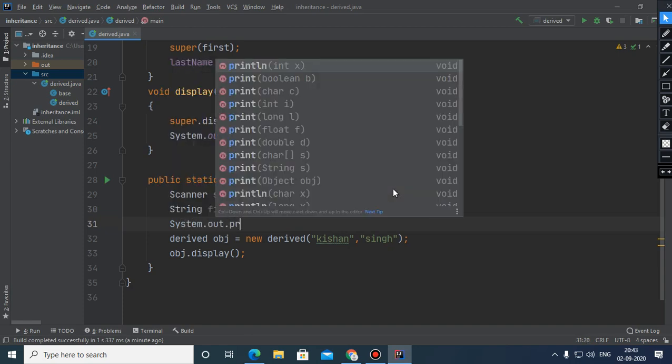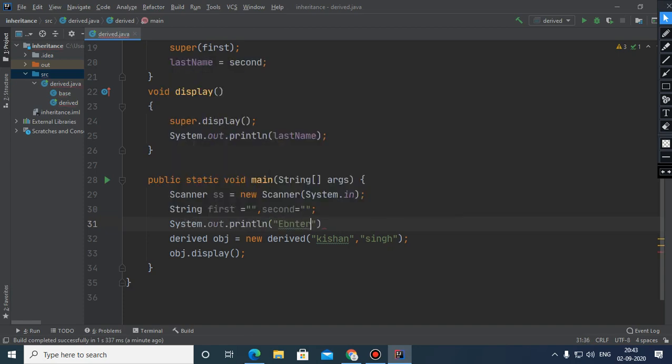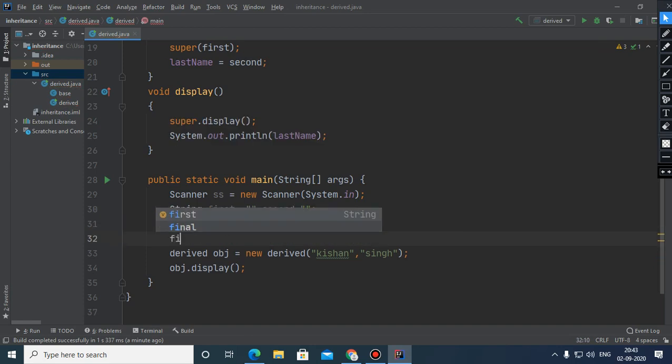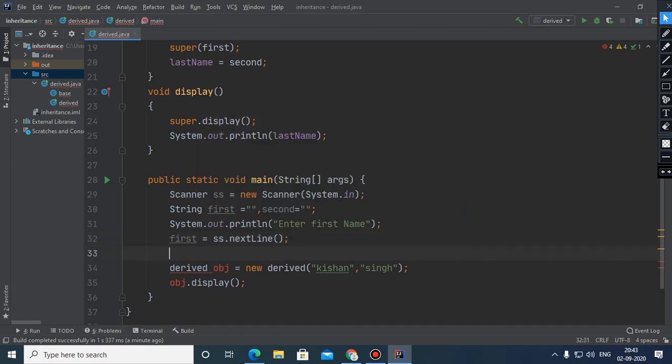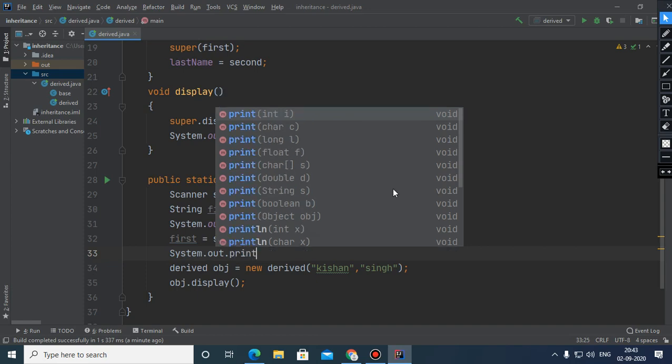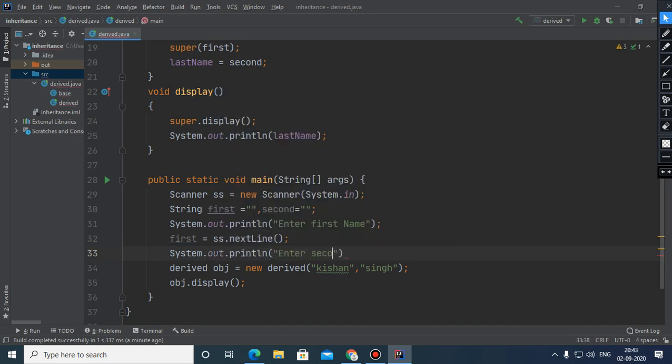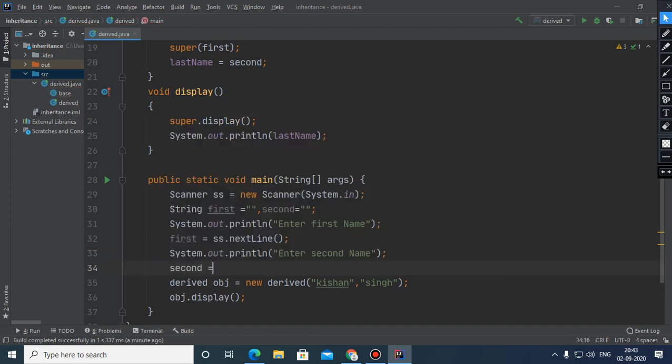And now what to do: enter first name, and that is first equals ss dot nextLine, and here enter second name, and that is second equals ss dot nextLine. So now what we need to do is we need to pass first, and here second,